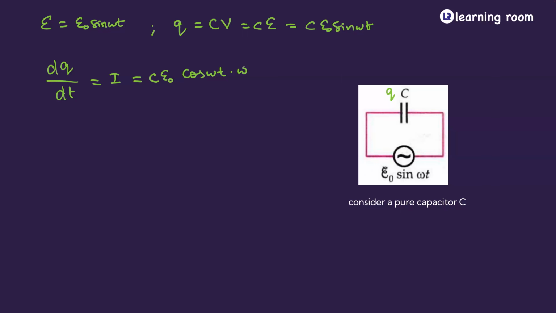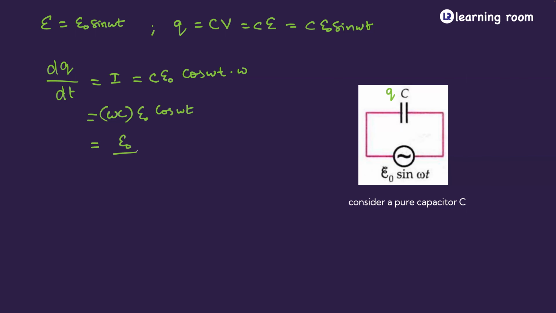So listen, I is equal to C E naught into cos omega t into omega, right? So I've applied the chain rule here. Clear with this? Right. Now observe, I'll combine this omega and C. I will write it as omega into C into E naught. Can I write this as cos omega t? Right. Now see,